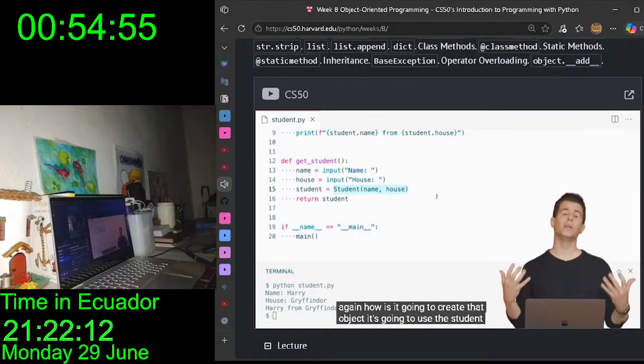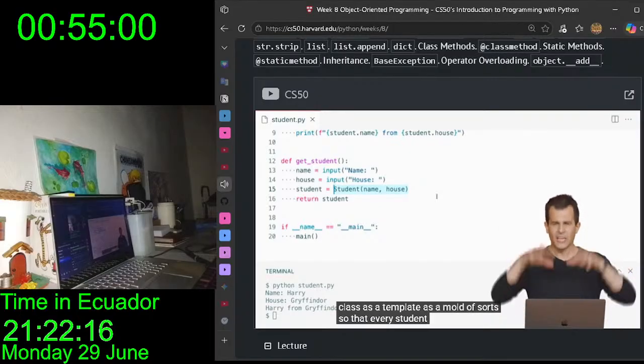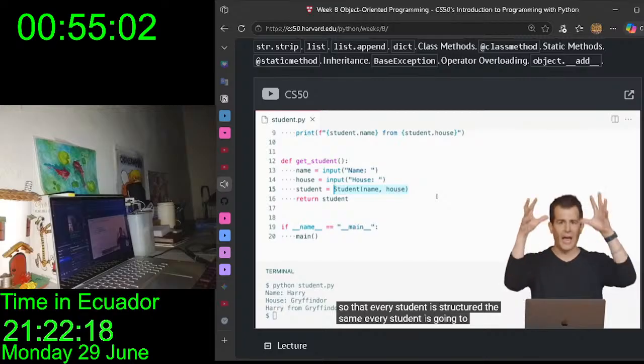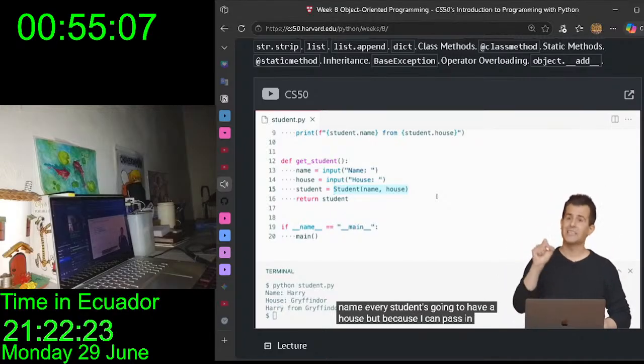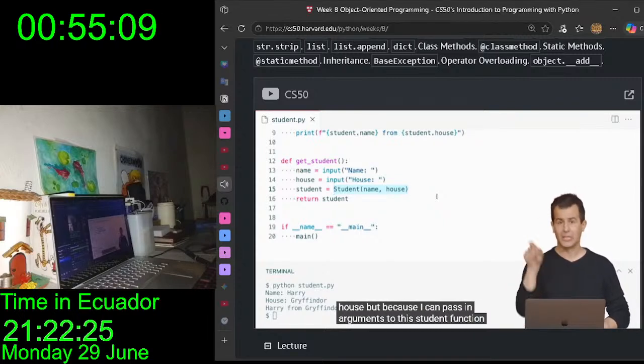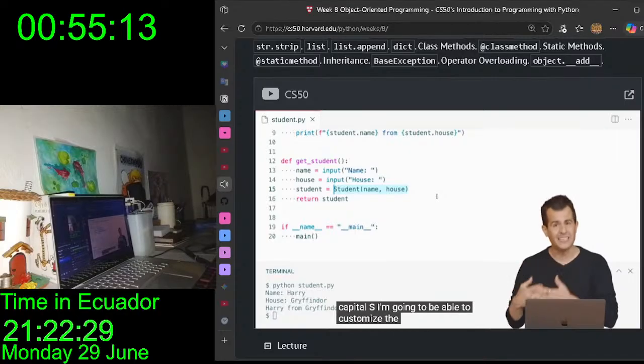And again, how is it going to create that object? It's going to use the student class as a template, as a mold of sorts, so that every student is structured the same. Every student is going to have a name, every student's going to have a house, but because I can pass in arguments to this student function, capital S, I'm going to be able to customize the contents